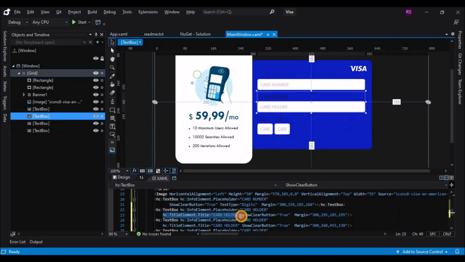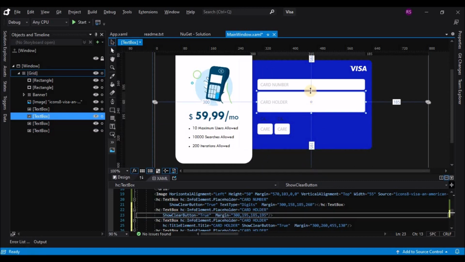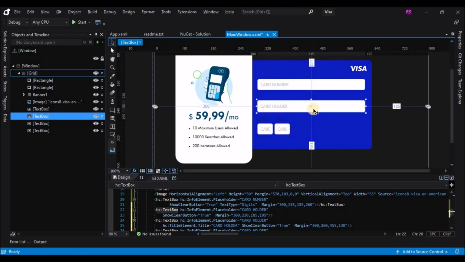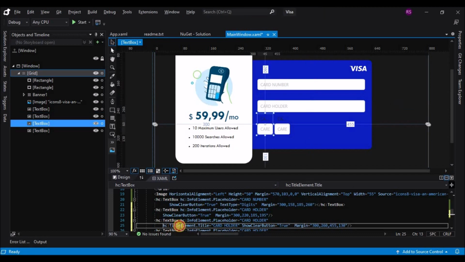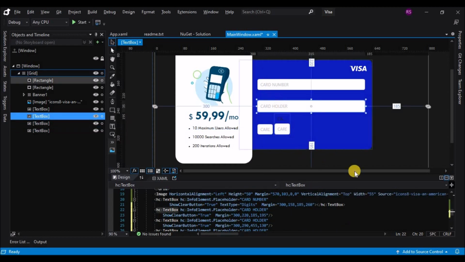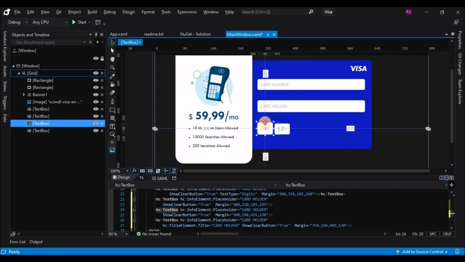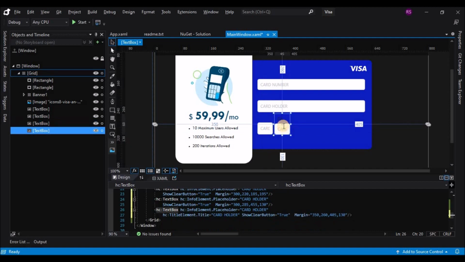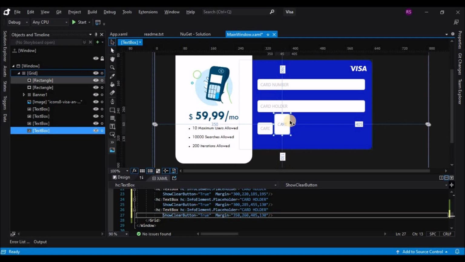Let's remove the title, resize, and the same for the other two. Okay, and let's remove the info title and change the size.